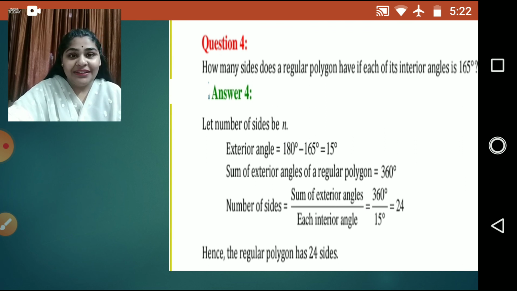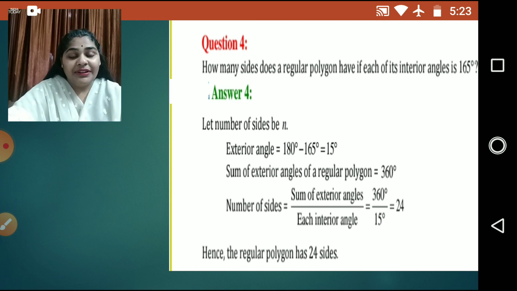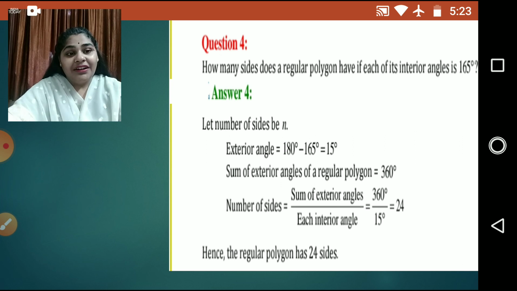The formula is the same, only the pattern will be different. So all the 3 patterns we have covered. First, all the exterior angles will be given except one missing. You have to just add all the exterior angles and subtract the sum from 360, and you will get the missing exterior angle. The next one we have seen, the exterior angle will be given and sides will be asked, or sides of the regular polygon will be given and the exterior angle will be asked. So these were a few different types of sums which we have covered from exercise 3.2.